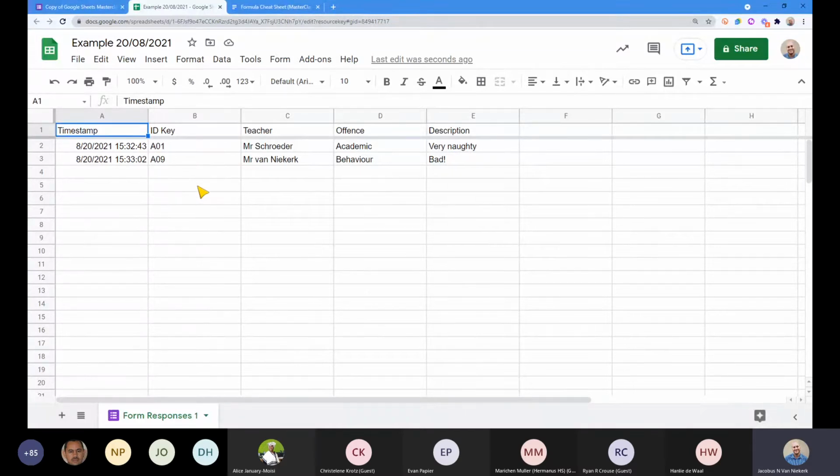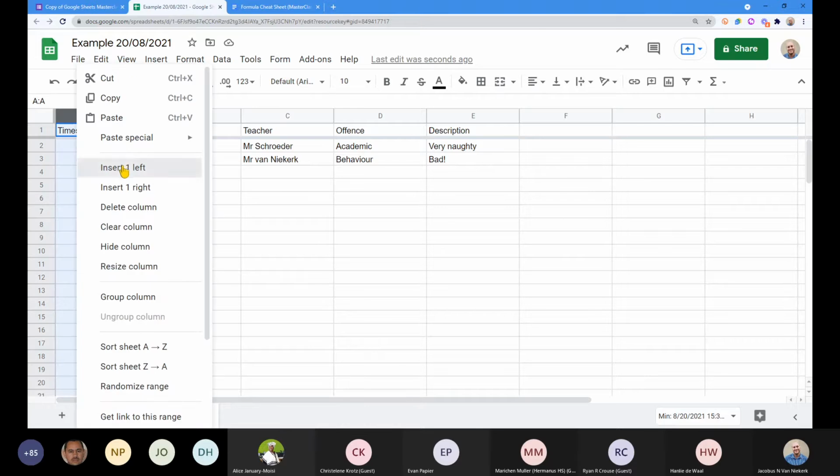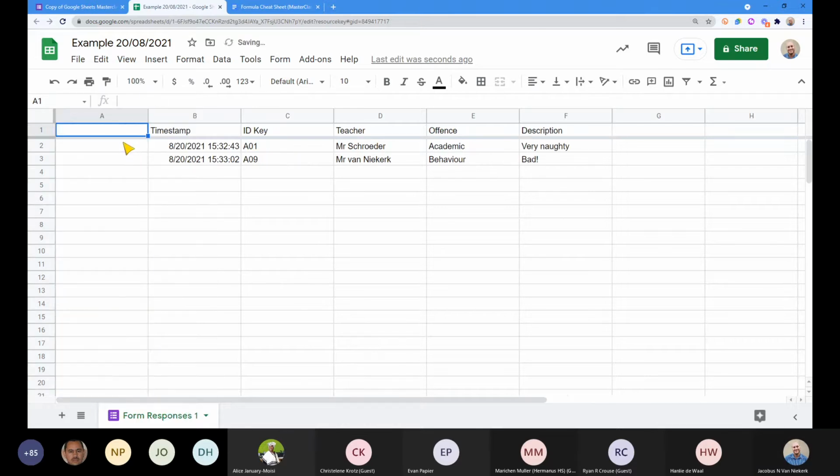See if you can add the auto numbering that we did last time. And if you want to challenge yourself, try and do it without just going to the cheat sheet and copying the formula. See if you can remember how to do it. I'm going to do it slowly over here.